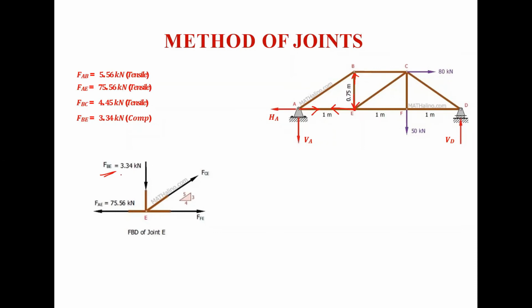So हम लोगों ने E point पे FBE लगा दिया. Then you are applying force at the EC for first time, so you can take any direction, towards point C or toward point E, no issue. So let's I am considering the direction as towards point C, and जो आपका FE है, suppose I am considering its direction towards point F. So in this way we will get the FBD. Here you are getting FAE, FBE, then FCE, and then FFE.